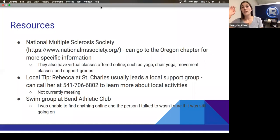Some resources here. The National Multiple Sclerosis Society is wonderful. They have different chapters for different states. They have virtual classes like yoga or just movement classes. They have support groups. I think they have caregiver support groups as well. So just making sure people feel supported and understood, and have a little outlet sometimes, and also get moving,